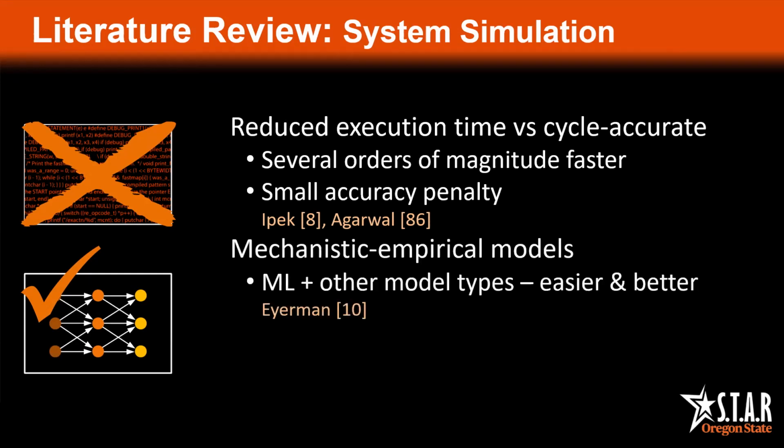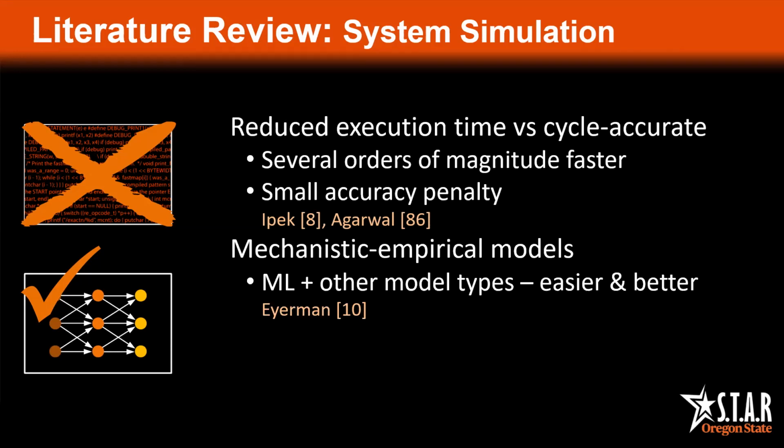Implementation flexibility can also be improved by combining machine learning with other techniques. For example, Eiermann considered a mechanistic empirical model to predict processor IPC. The foundation for their model is a parameterized mechanistic framework based on generic CPU behavior. Eiermann then fit these parameters using a machine learning regression model. The resulting overall model was easier to construct than a purely mechanistic framework and provides improved interpretability compared to a purely empirical framework.